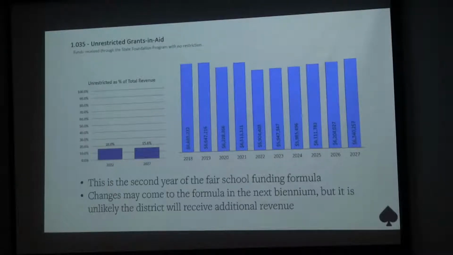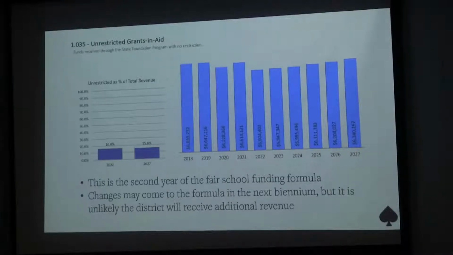But really quick on state funding, we are in the second year of the Fair School Funding Formula. And so we may see changes coming in the next biennium that should be proposed in February. I believe that process will start. But it's unlikely that any formula that is presented that the district is going to receive additional revenue. Because like we've talked about, the income and property values are always going to be some portion of any formula that's proposed. So they're taking into account your local capacity to fund your schools. That is the underlying piece of any of the formulas at the state level.